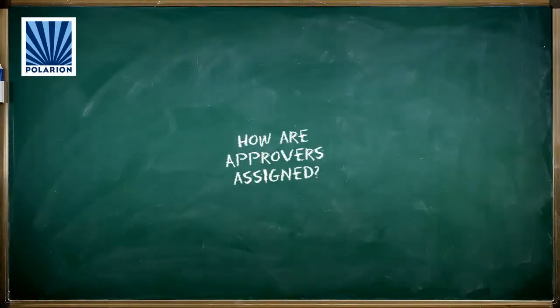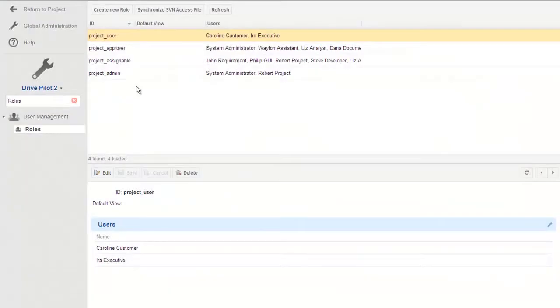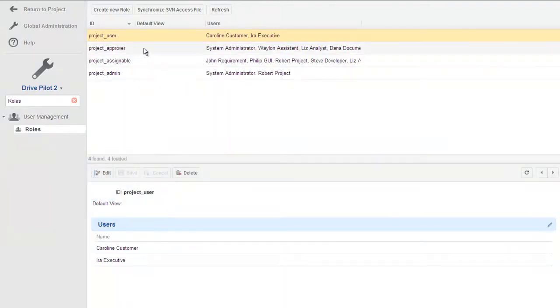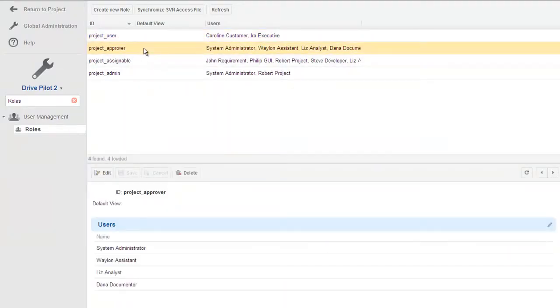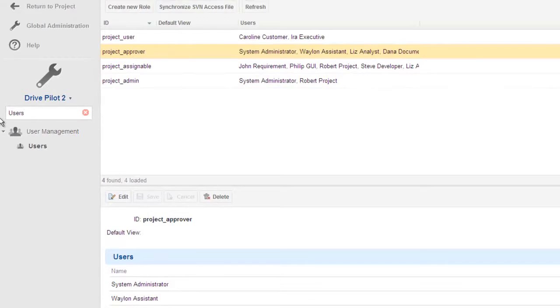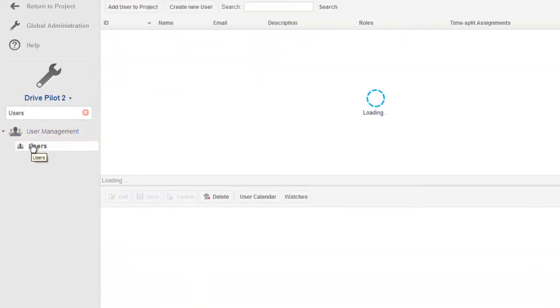So, who gets designated as an approver? Let's take a quick look. Polarion's default user permissions configuration has a special user role, Project Approver. This role is granted the permission to approve/disapprove work items. Before kicking off the approval phase, the project admin assigns this role to every project user whose review and approval